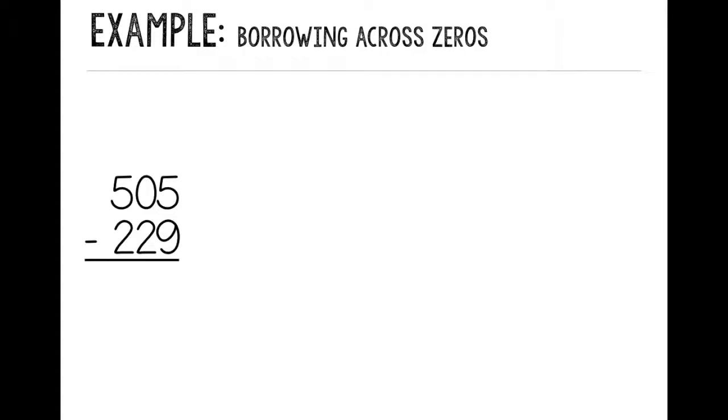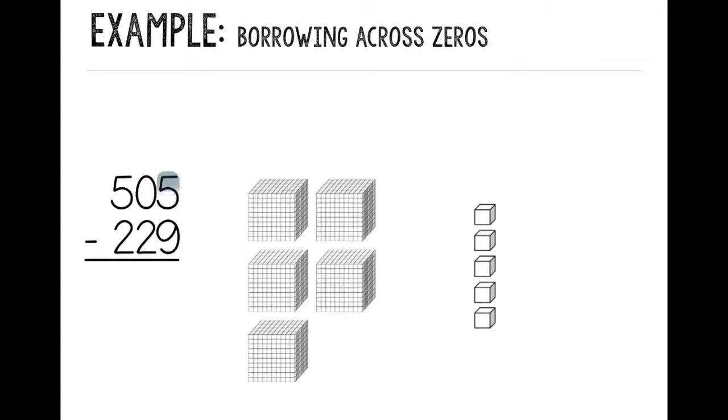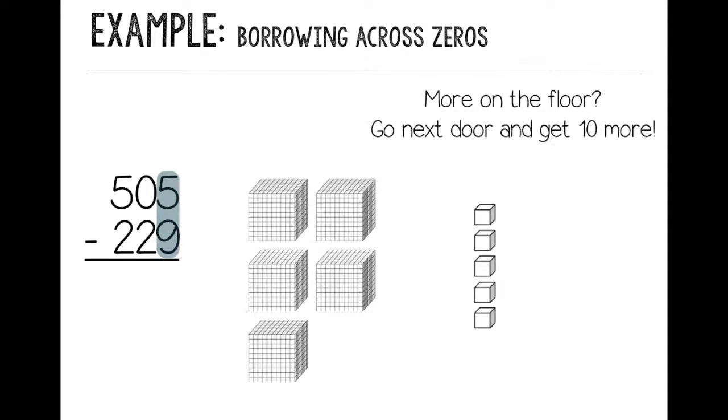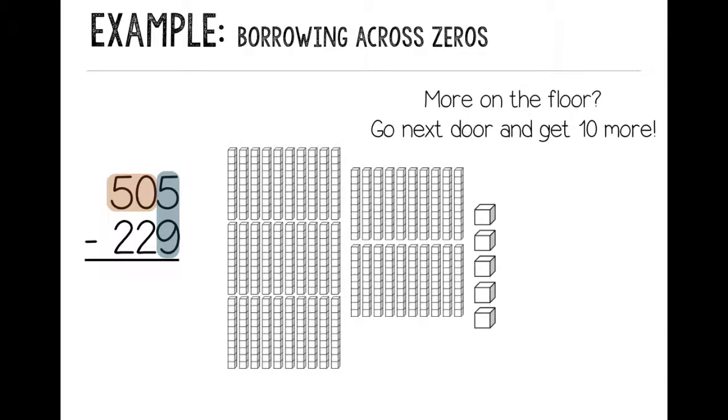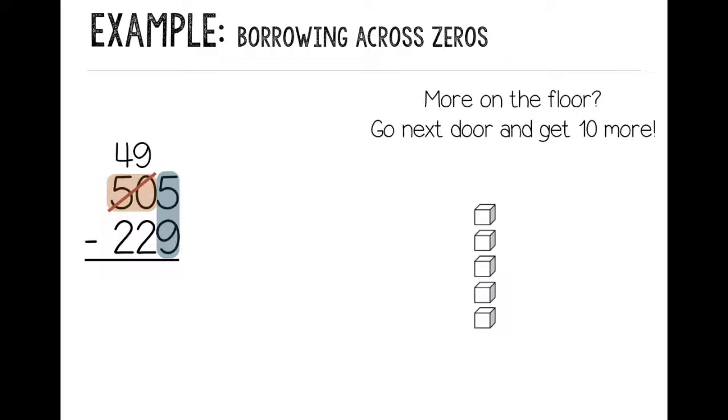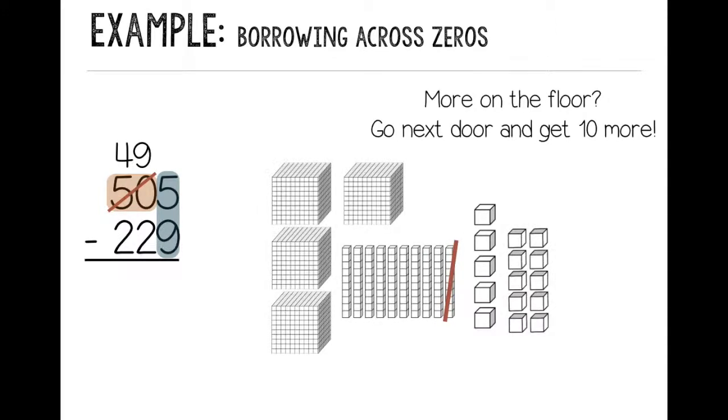Here's another example when we have to borrow across a zero. If I'm subtracting 505 minus 229, I have 505, I start in my ones place, 5 minus 9. More on the floor, so I have to go next door and get 10 more. But when I look at my neighbor, the neighbor is a 0. I can't borrow from him. So instead, I have to look at my bigger neighbor, 50. And I can think of that 50 as 50 tens. And I can take one of those tens and turn it into my 10 ones. So now I have 49 tens, and I move the 10 ones over,